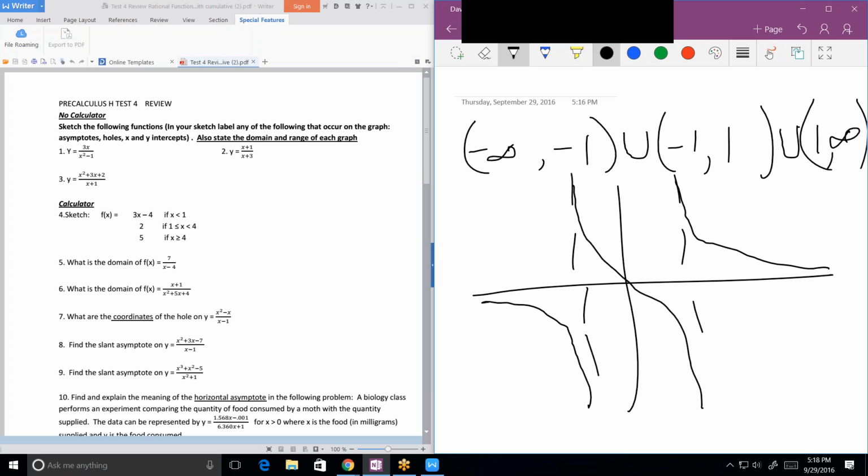Read the range off that function from the graph. The range would be, would it just be all real numbers? Yes. In other words, the range can come entirely from that part right there. That's -infinity to +infinity. Now, if we back up and if we didn't have an x-intercept and the graph looked more like this,